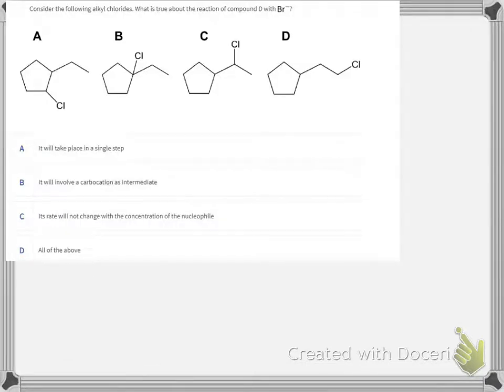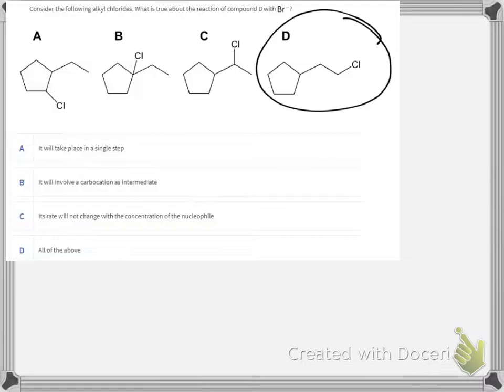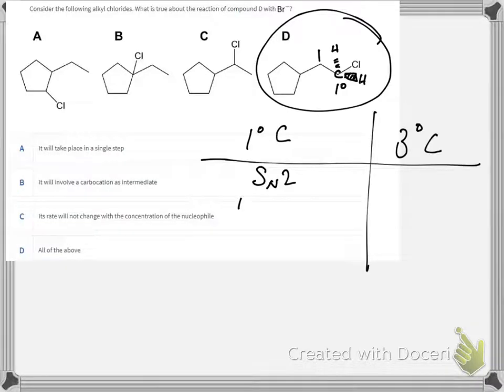All right, so what is true with compound D reacting with bromide? Let's take a look at compound D. What kind of carbon is it? Oh, it's a primary carbon. So primary carbons are going to react exclusively in Chem 152 as SN2. So primary carbons SN2, let's do a summary, are bimolecular, single step,